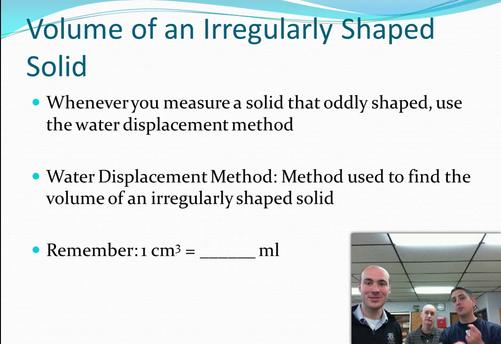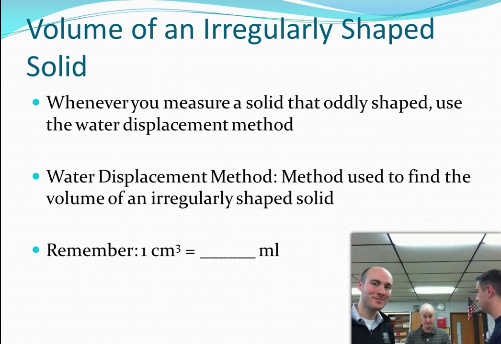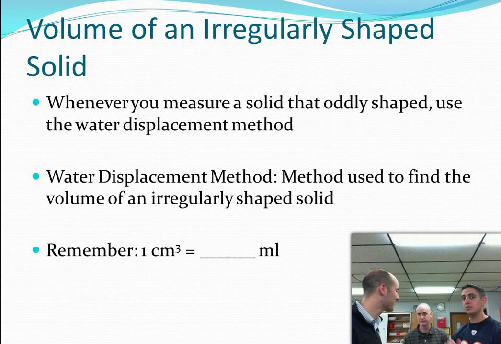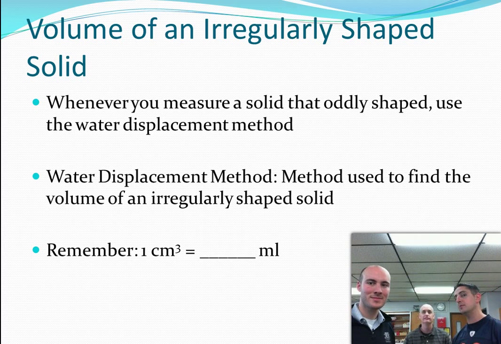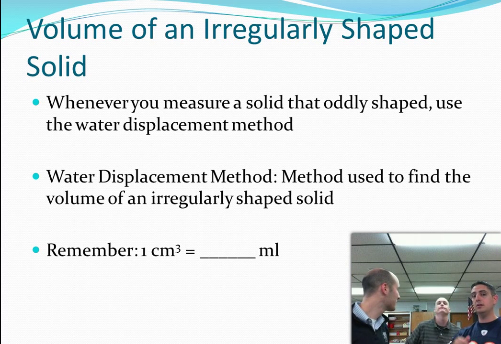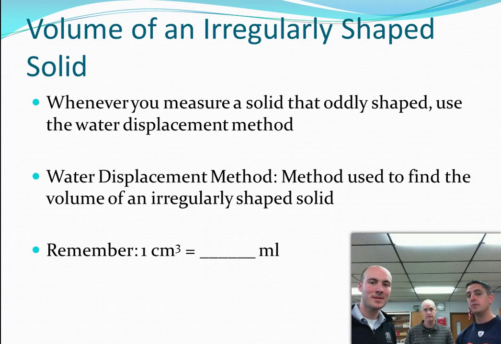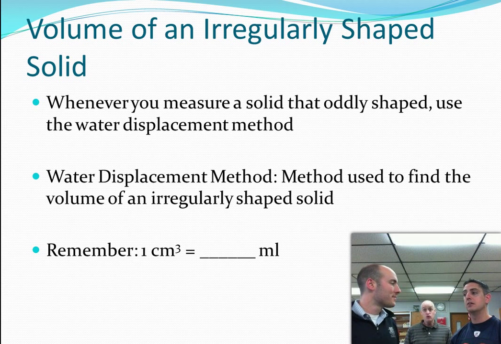If you have an irregular shaped object, say like Mr. Harkins here, and I need to get his volume, I can't use a ruler. Too many weird shapes. So what we do instead is use the water displacement method we've been talking about: just drop it in, watch the volume go up, subtract the two, and the difference is the volume of the object. And one really important, super important thing: